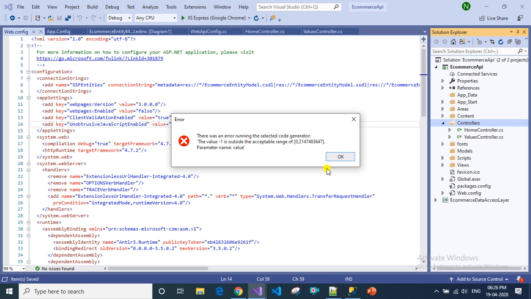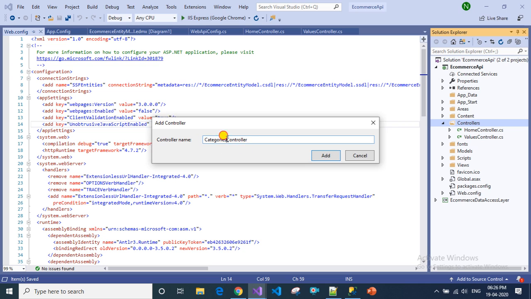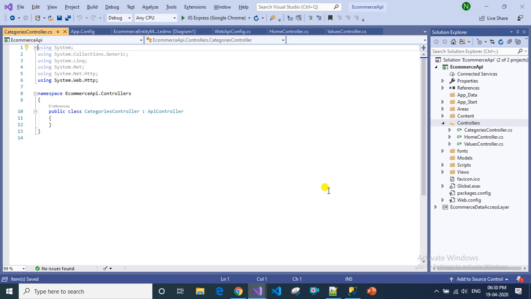We have to click on add. Now I have added categories controller here. We have to import the e-commerce data access layer here.